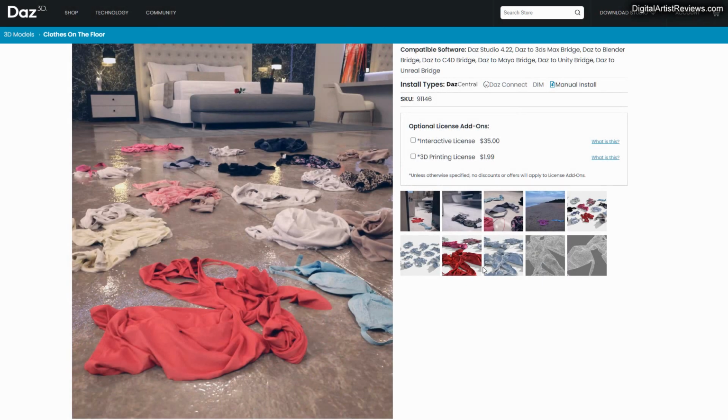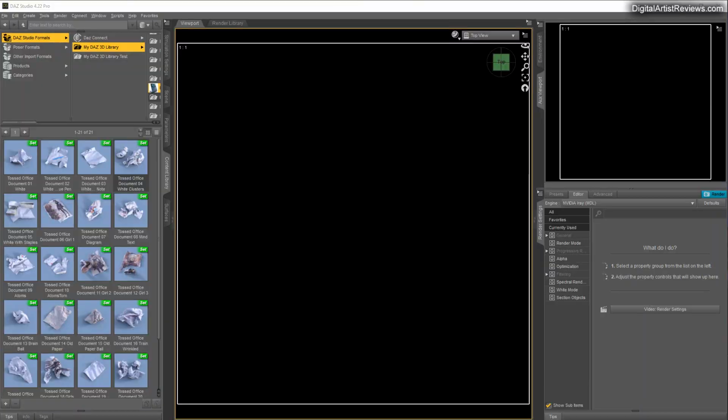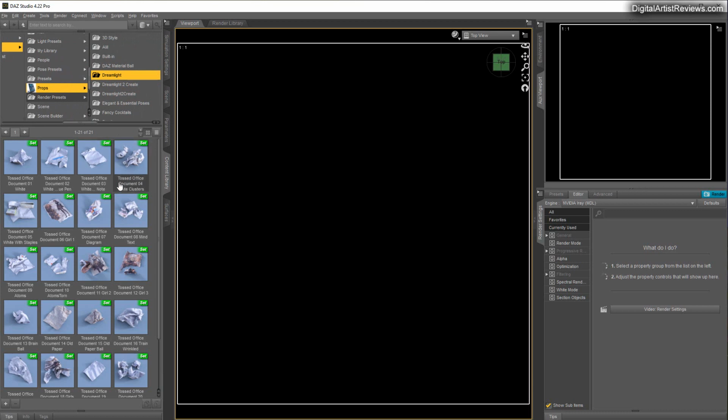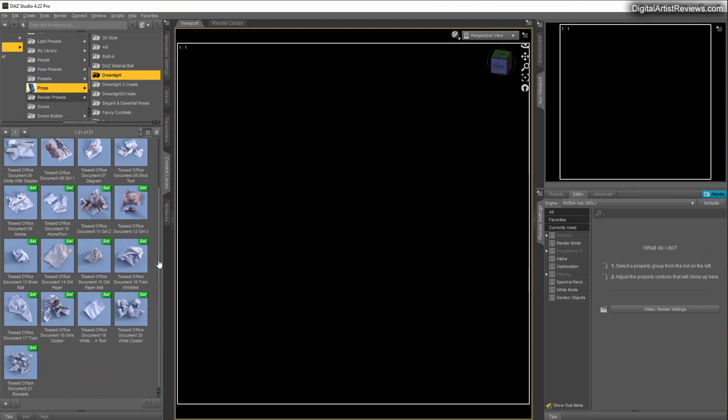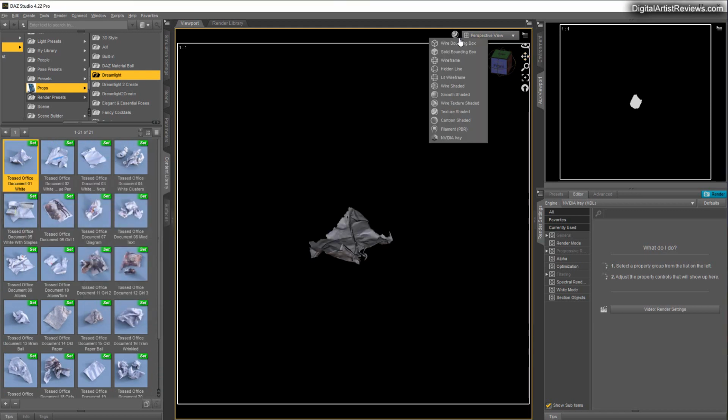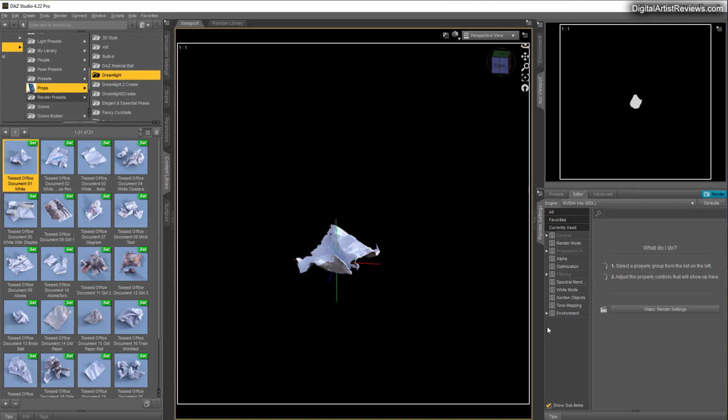Now let me show you how they work inside DAZ. I'm going to go back to the one I started with, which is Tossed Office Documents, right? I'm going to show you another one in a second. Basically, you just throw them into your scene, and this one is 21 scan items, right? Just move it into your scene and it's ready. And you switch over to NVIDIA Preview and you've got it rendering immediately, right? If you added an office floor here,